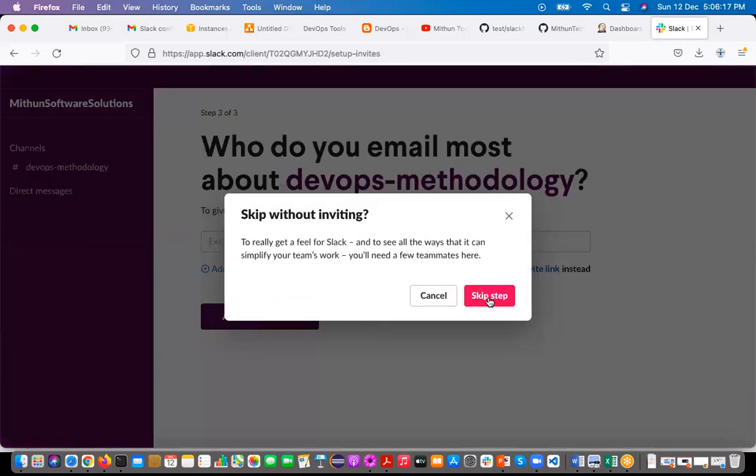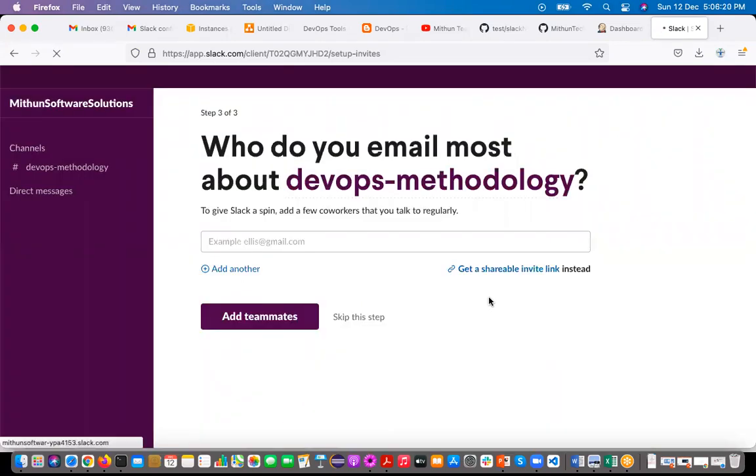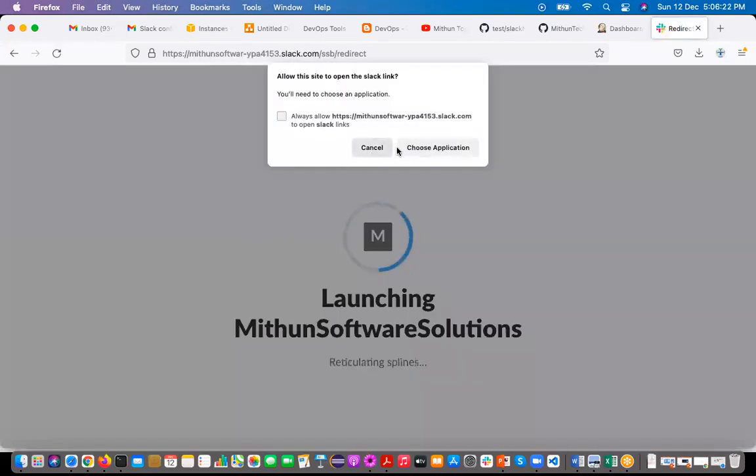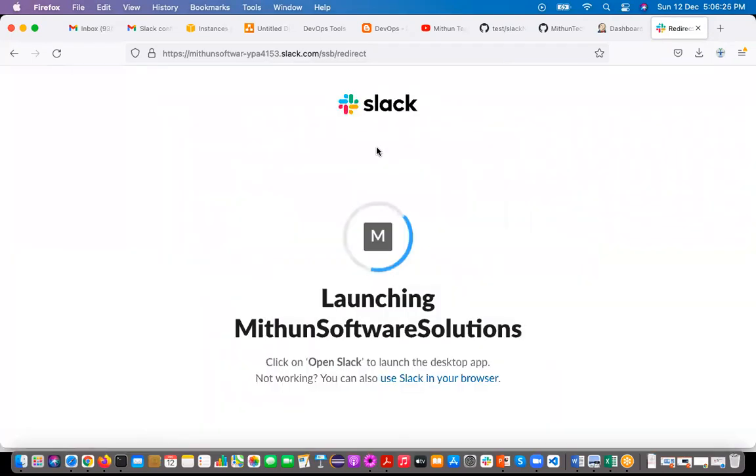Skip this without inviting. Now you have successfully created the Slack account. If you have already installed the Slack application, you can open that Slack account in your Slack application, or if you want, you can use Slack in your browser. Click on this one.